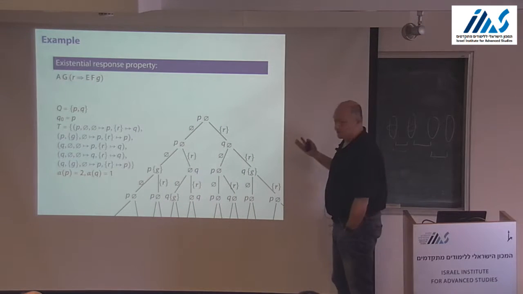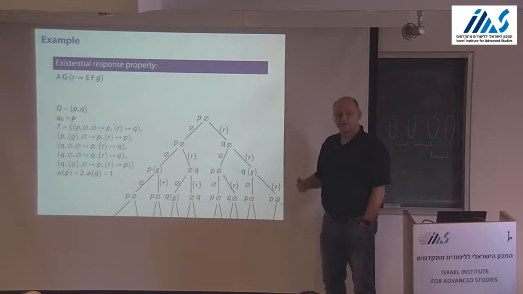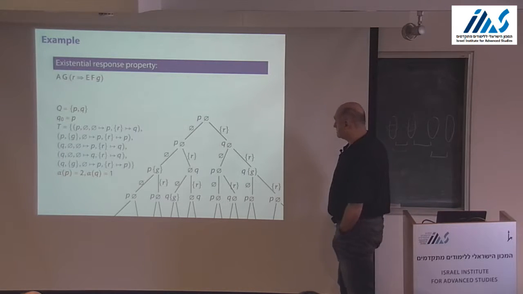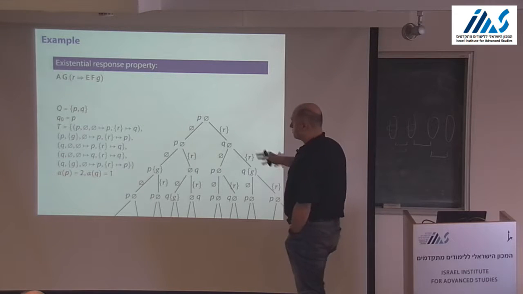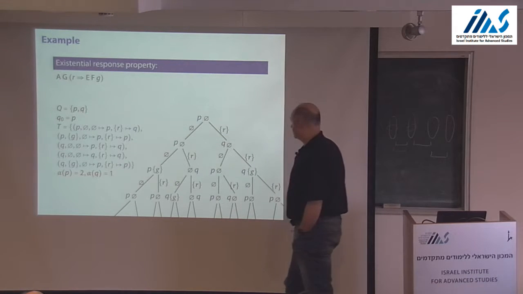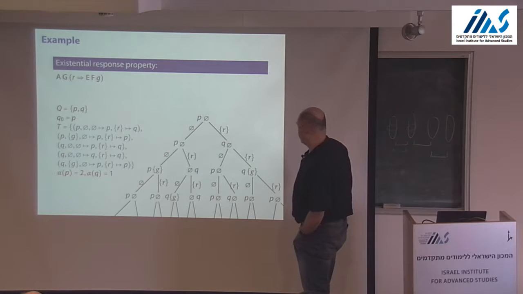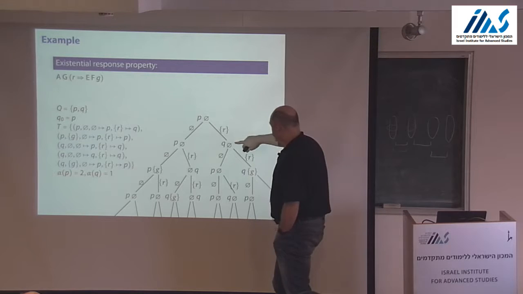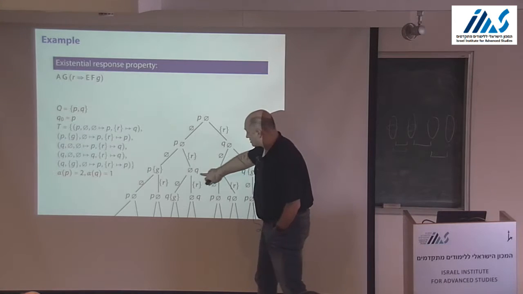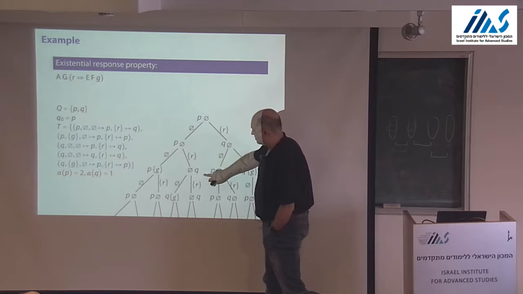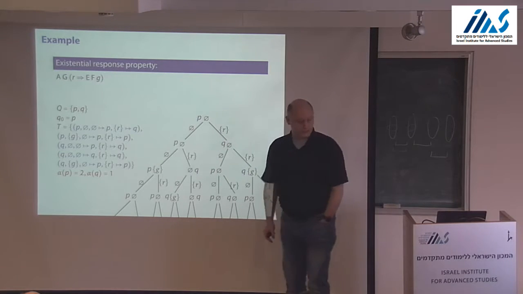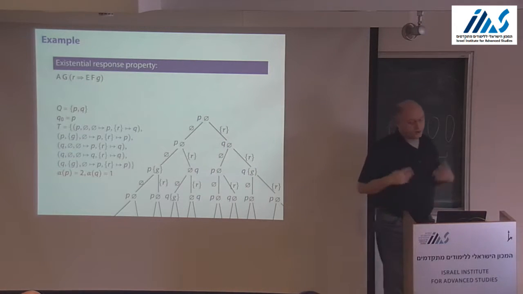So it suffices that if you apply one of the two transitions, you end up with an accepting run. So in this example, we applied one transition in one place and another one in the other. So for example, here we are in Q with the empty set. We went to P, Q. Here we are also in Q with a label of the empty set, and we went to Q and Q. Okay, and the whole